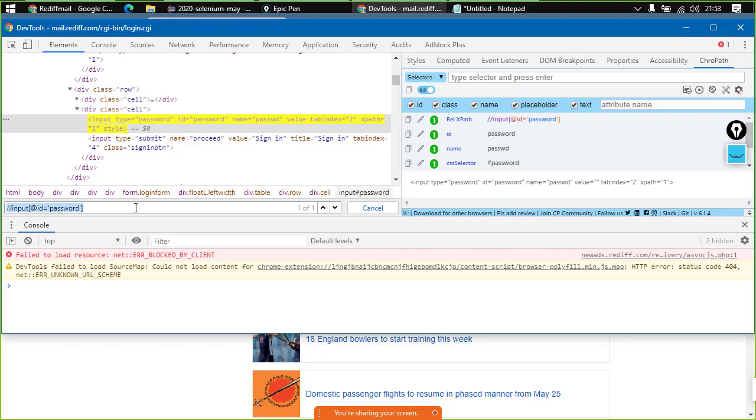Okay, so this is how we can install the extensions so that we can make use of them. In the next lecture, we will be studying more about these XPaths, the different ways we can generate XPaths and how we can use them. So this was for today's lecture. If you have any queries, you can feel free to ask.